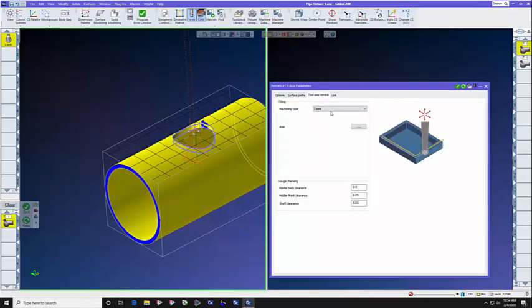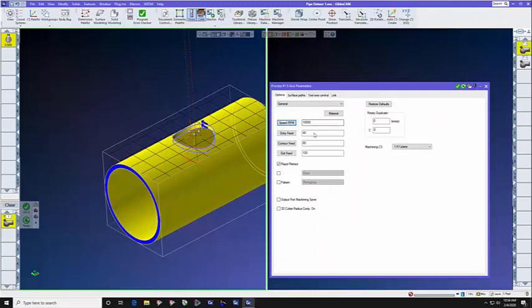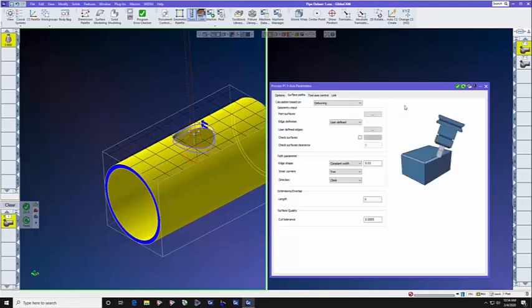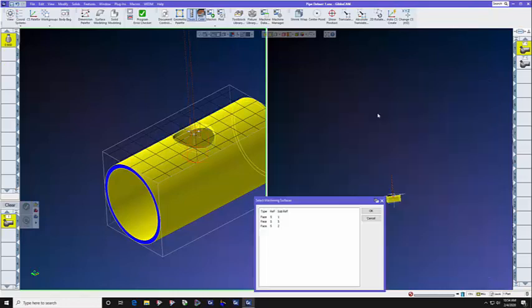This is the 3-axis toolpath. On the Options tab, we set our feed, speed, and depth of cut, and machining coordinate system. Because this is a dedicated toolpath, it is a much simpler toolpath with a lot less parameters that you need to fill out. It is a deburring toolpath where we get to select the part surfaces,